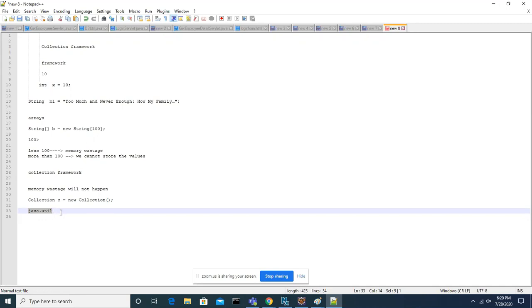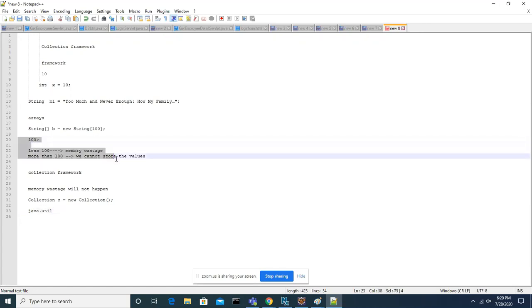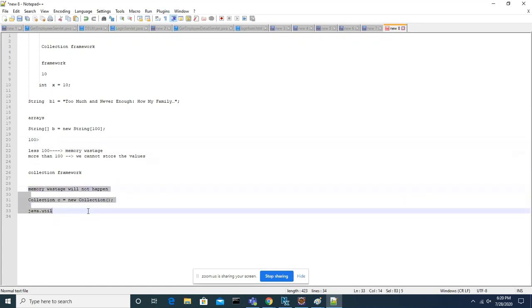We will discuss in detail: there is a collection interface, a list interface, a set interface, and also a map interface. Under those interfaces there are classes, and we will try to understand that. But are you guys clear on the main intention of this collection framework? We will discuss more detail there.